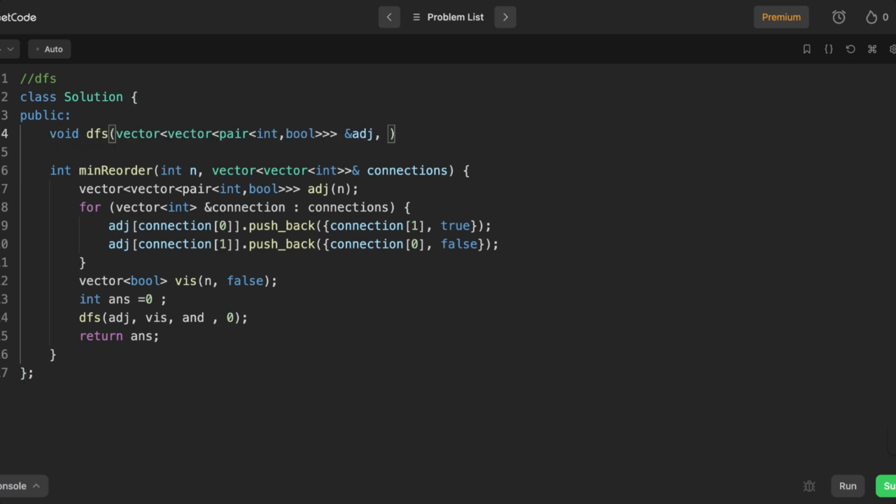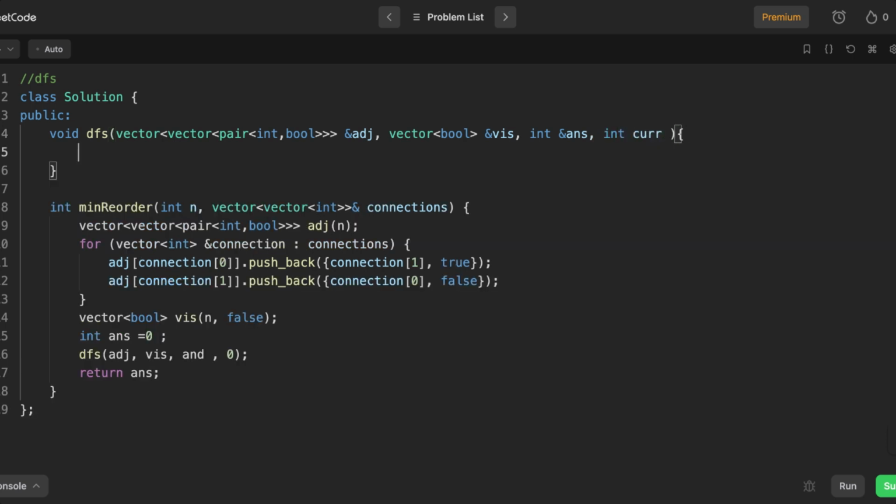With the adjacency list, we will pass a visited array. Let's say it is a boolean vector called visited, and now let us pass our answer. We will also pass this by reference, because we need to change our answer, and our current node from which we are starting the depth first search. Now let us just mark our current node as visited,